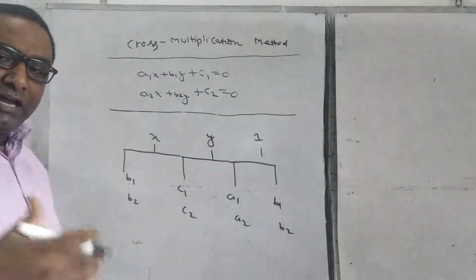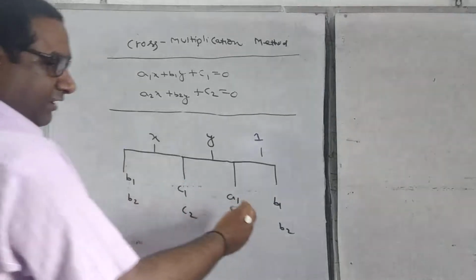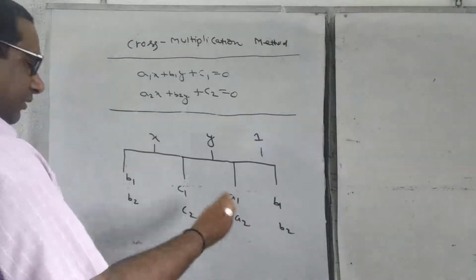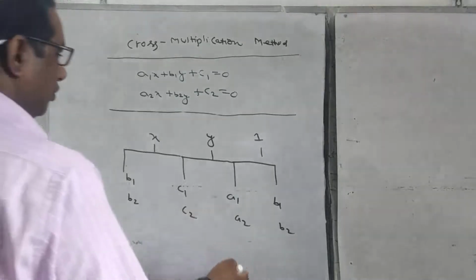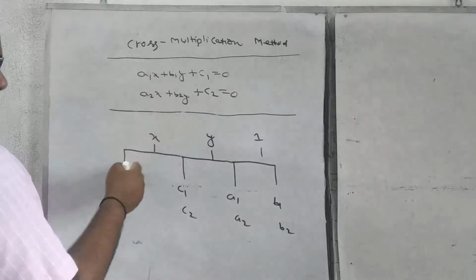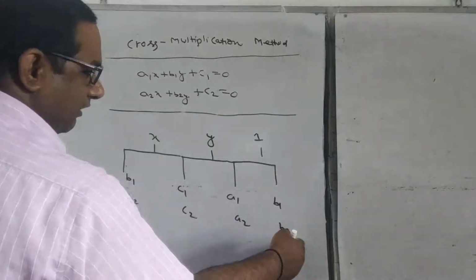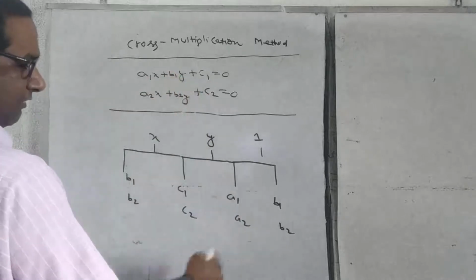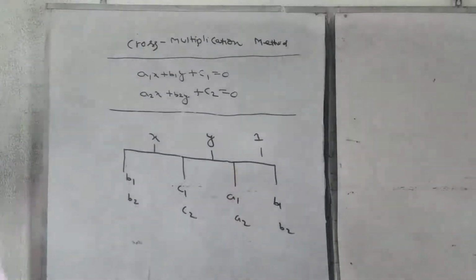It depends upon how you memorize these things. What is the criteria of writing? There is no criteria. This is the method that is mentioned. So how can you remember? You can remember this way also. The very first coefficient of x we can leave out, so b1, b2 is there. Now b1, b2 in the beginning and b1, b2 in the end also. So constant, then coefficient of y, then coefficient of x. You can write in this way also.